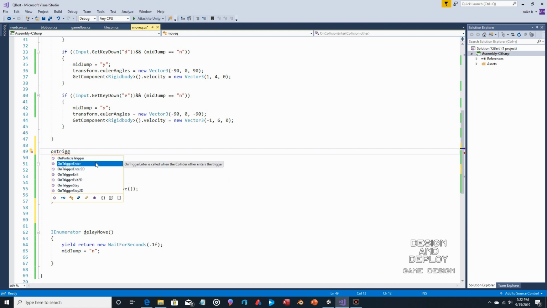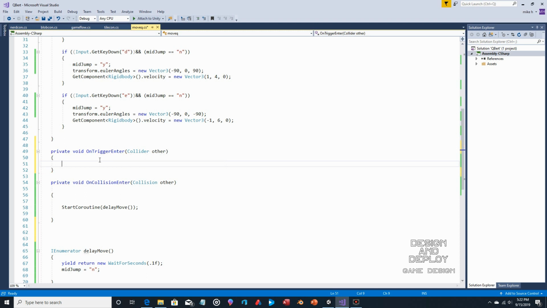Don't know. So on trigger enter, what we'll do here is check the tag. If other dot, and here you don't have to do game object, you can just do tag. I'm not sure why the difference, why collision requires you to declare a game object, and this you can just say tag. So if other dot tag equals